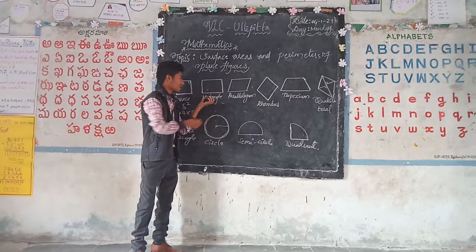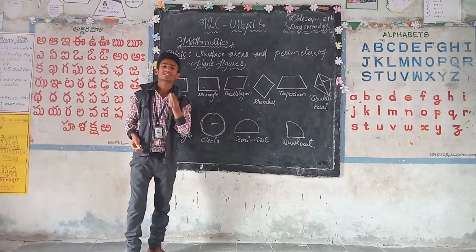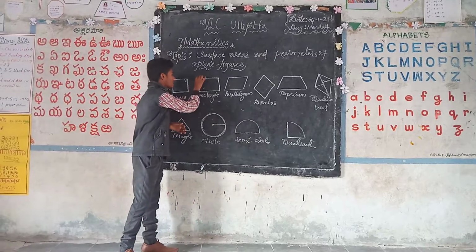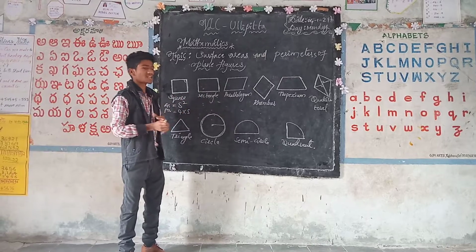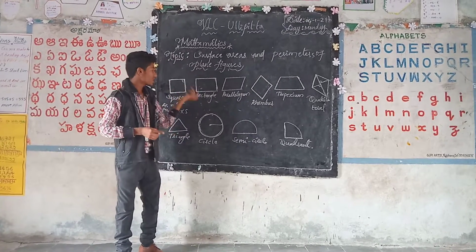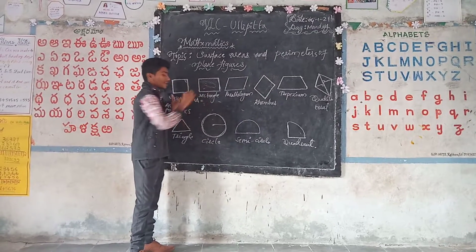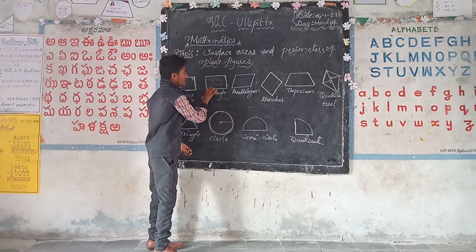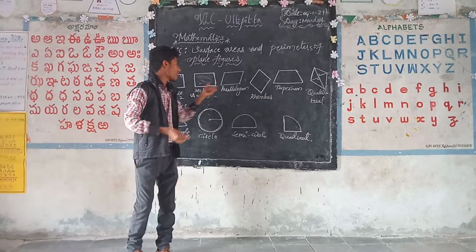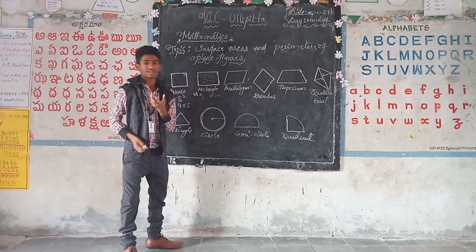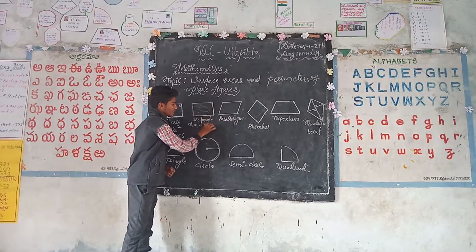Next we have the rectangle. In a rectangle, opposite sides are equal and each angle measures 90 degrees. The opposite sides are parallel to each other. Two pairs of opposite sides are equal and two pairs of parallel lines are also equal. So the area of a rectangle is equal to length into breadth. The side which is longest in the figure we consider as length, and the shorter one is breadth. Understood now? Area of the rectangle is equal to length into breadth, that is L into B.